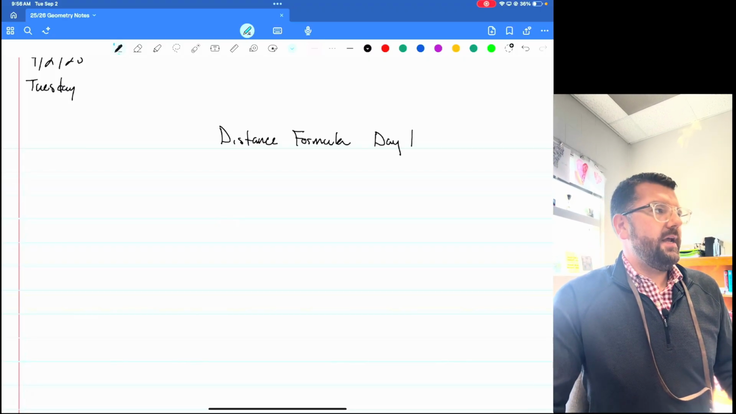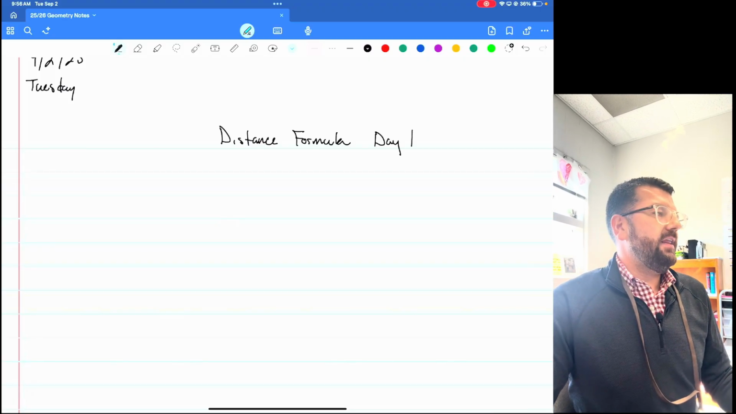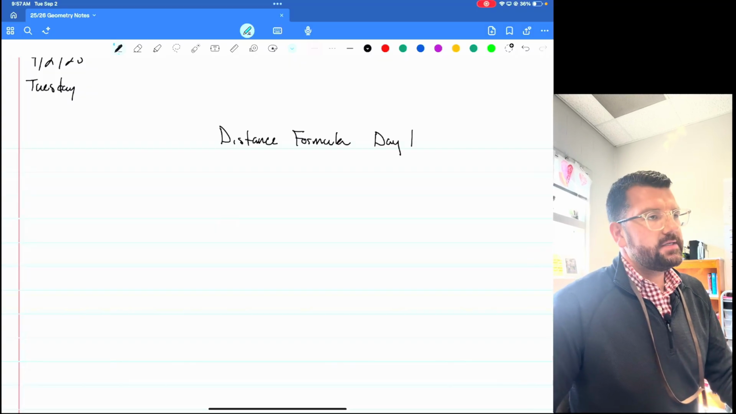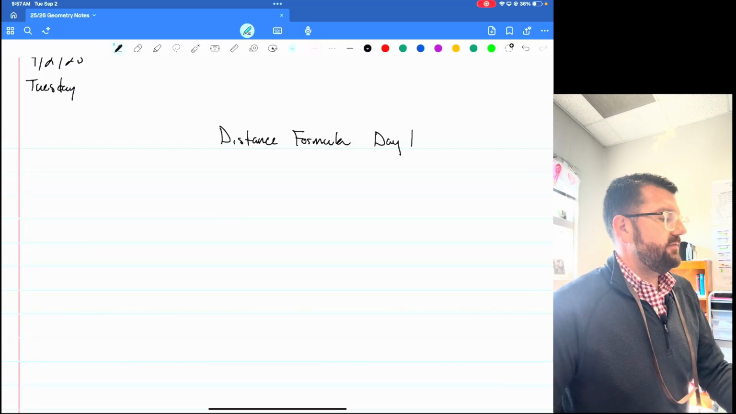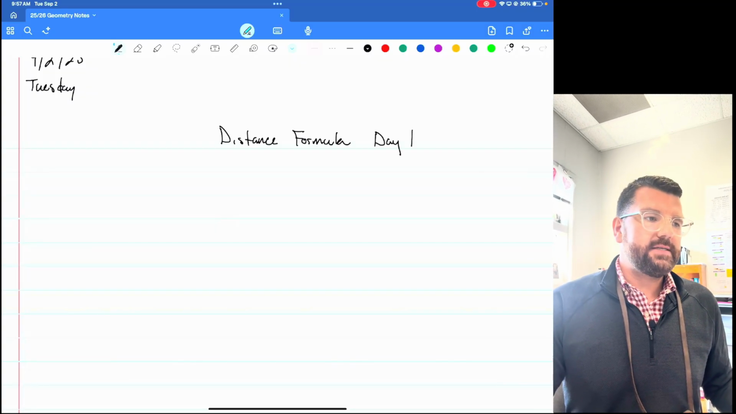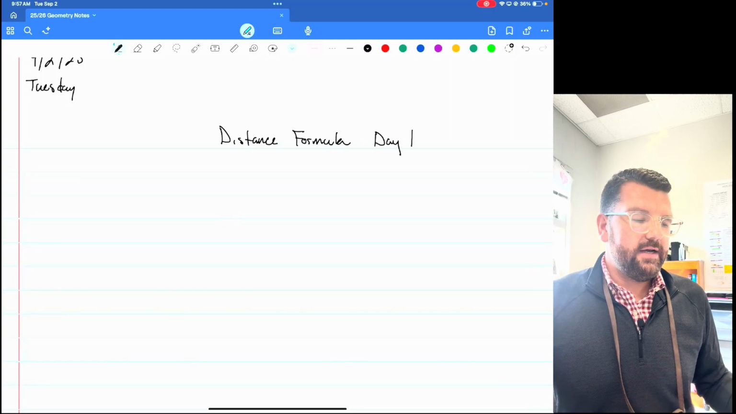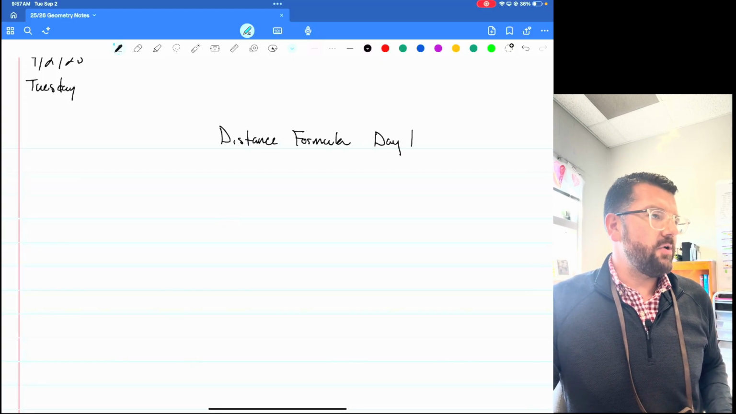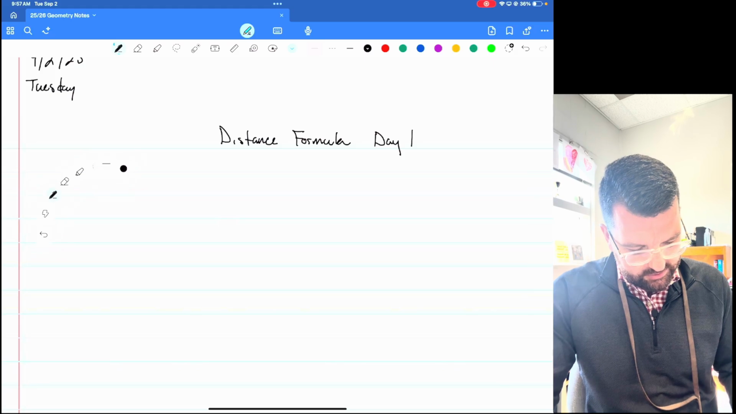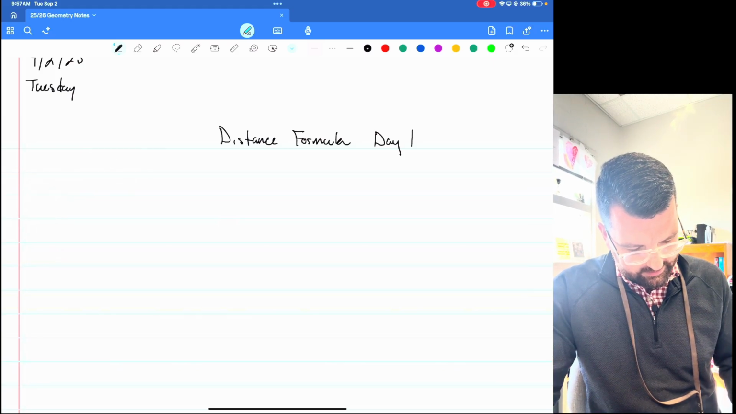In our warm-up today, we talked really about finding the x and y values of points. That is a big piece of the distance formula. The other big piece is having the ability to substitute. Substitution looks like